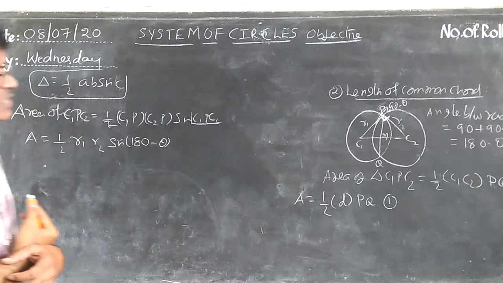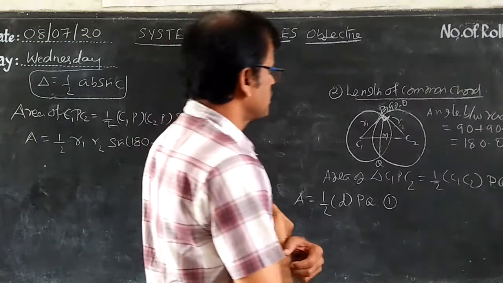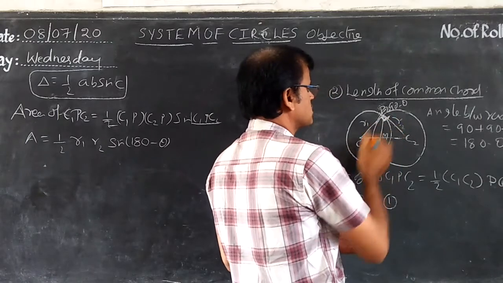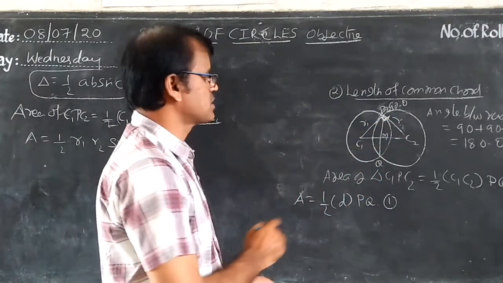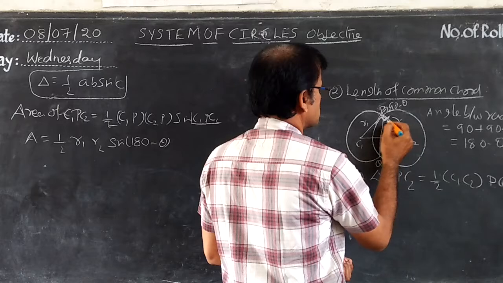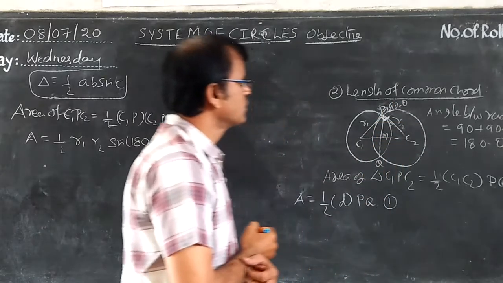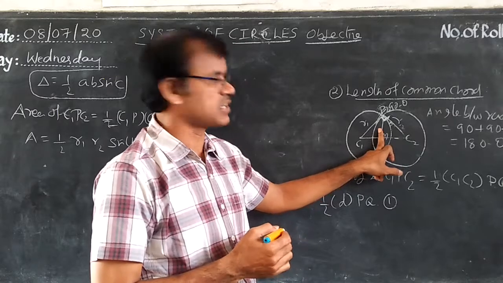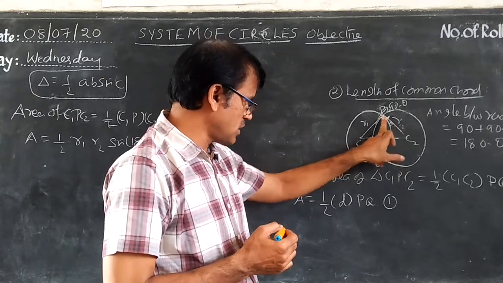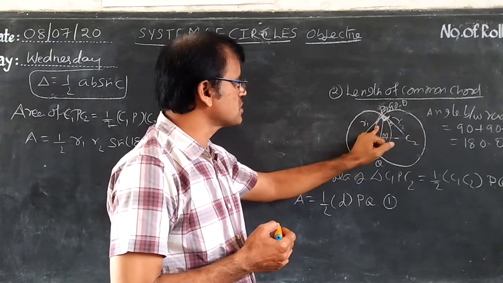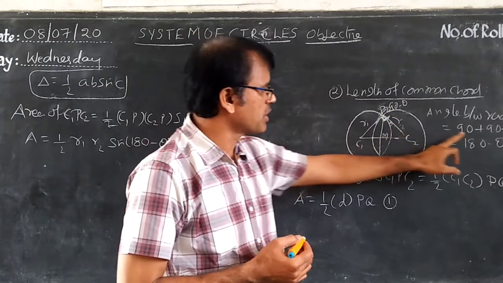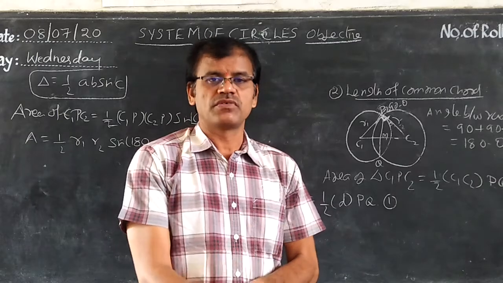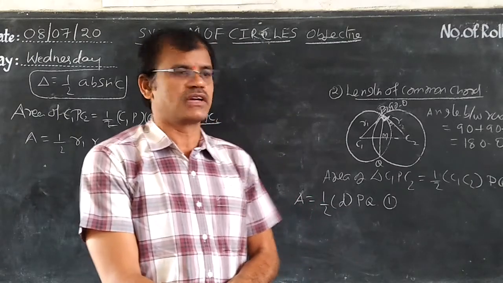Sine (180 minus theta). Here, if you take theta anywhere, the total is 90, and this is 90 minus theta. So 90 plus (90 minus theta). You take just the small angle theta and this is 90 minus theta. So the total angle, try to understand, students, is the full 90, not 90 minus theta plus theta. This small angle theta is included in the 90, so the other small angle is 90 minus theta, and it becomes 90 plus (90 minus theta). Hereafter remember the formula: the angle between the radii of the intersecting circles is 180 minus theta.